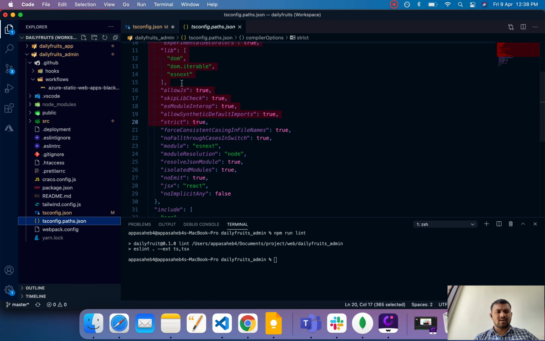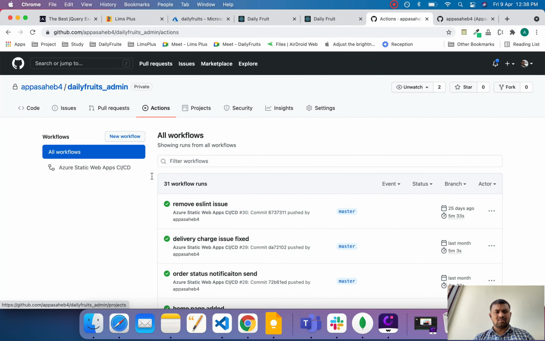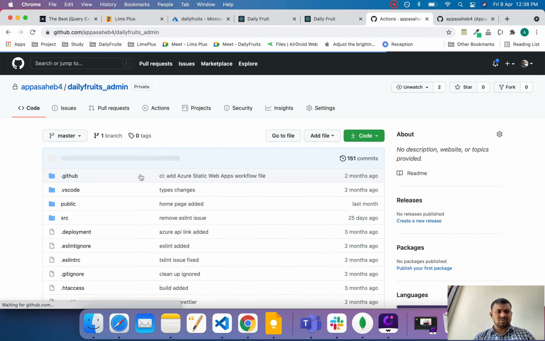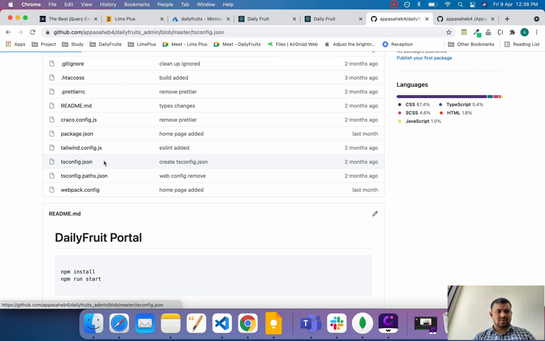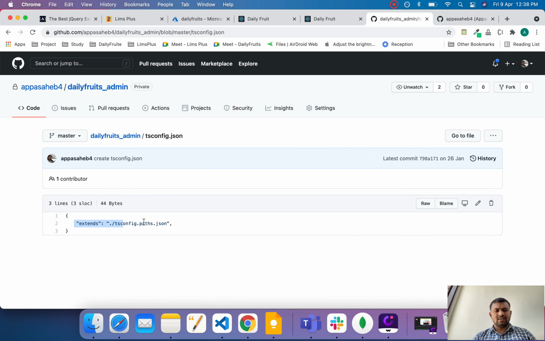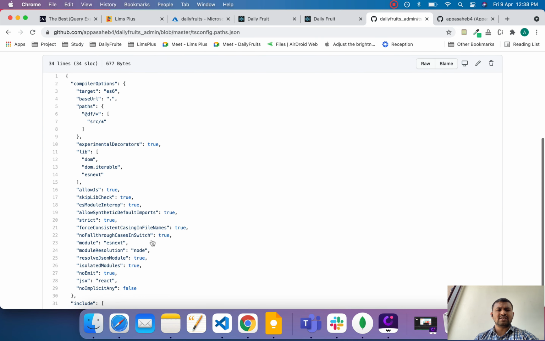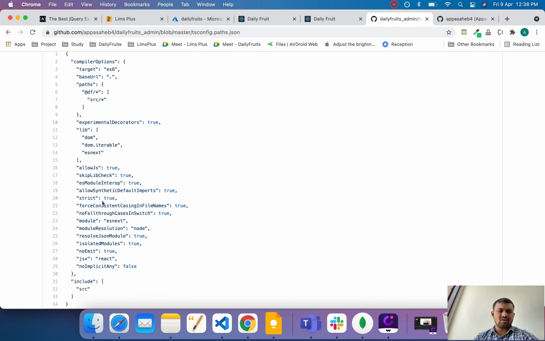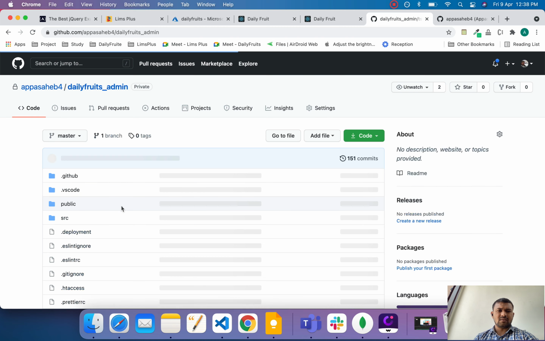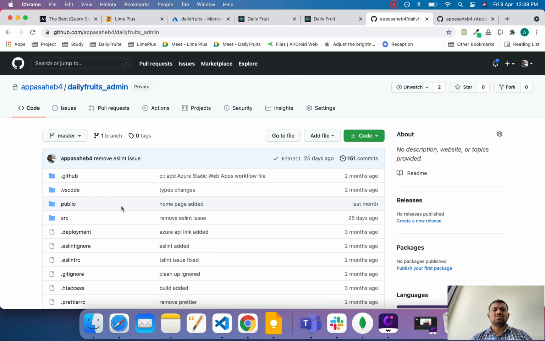Here is only this file, no parameters added, and tsconfig.path.json. Any TS validation is applied here, not directly in tsconfig. Then your project is properly working. See here the check mark is true, then your project is working on the Azure side.